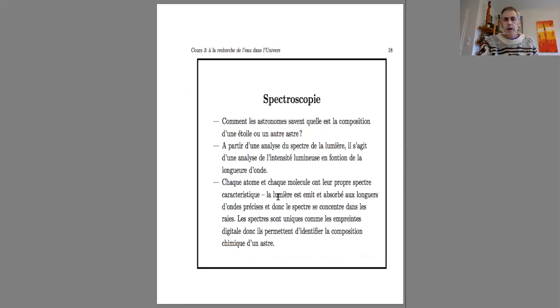And it turns out that every atom and every molecule has its own characteristic spectrum. Its spectrum both in the light that it absorbs and the light that it emits. And when I use the word light here, for the translation of the French lumière, usually we think of light in the visible part of the spectrum, light we can see. But light, of course, also comes in the ultraviolet and the infrared wavelengths as well.